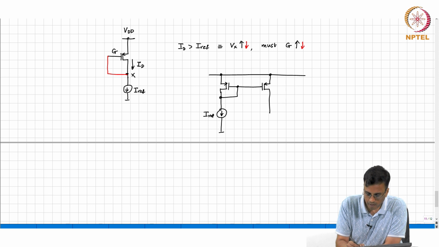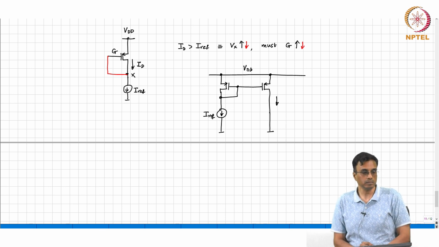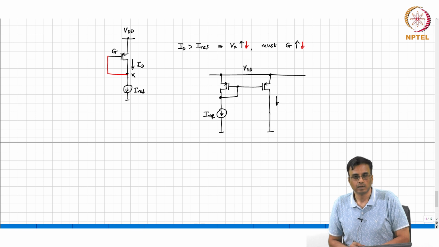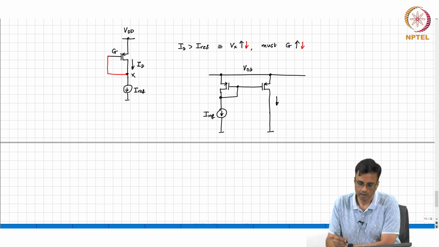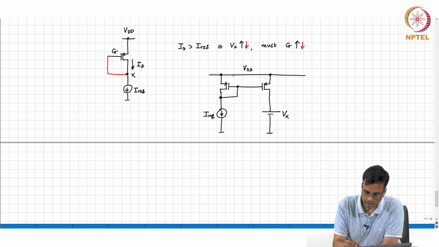So this is I ref. If lambda is 0, the current will be the same as I ref. If lambda is not 0, then there will be an error. So, let us say this is Vx and this voltage is the source gate voltage, let us call that Vt plus delta V,